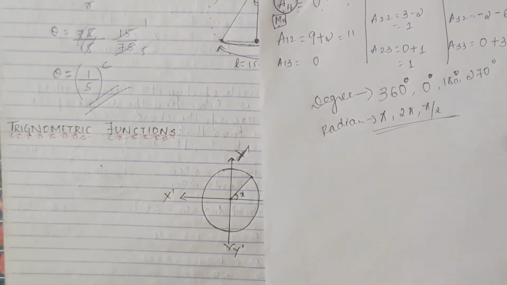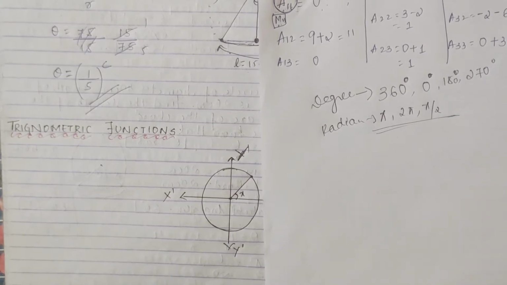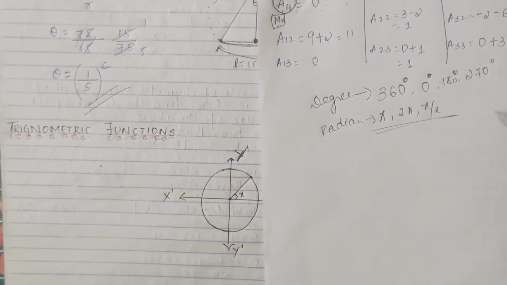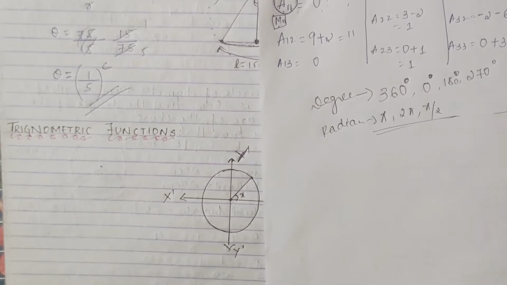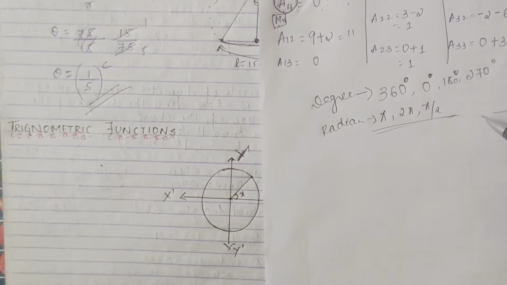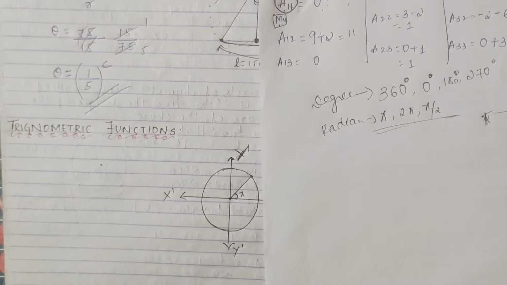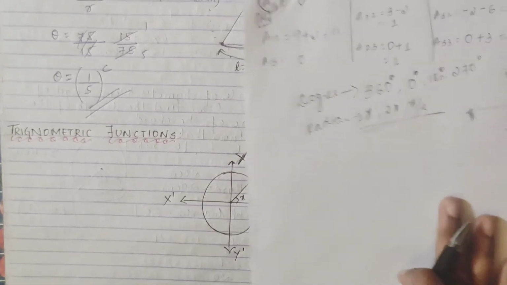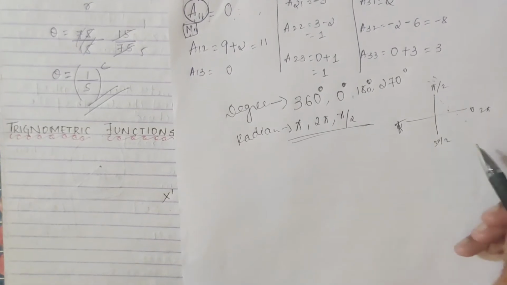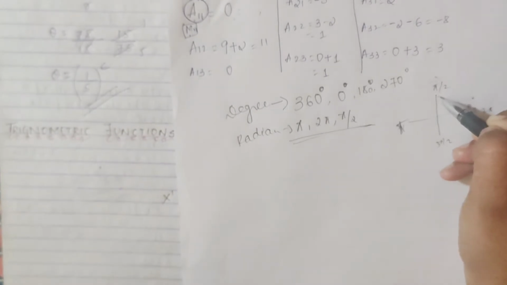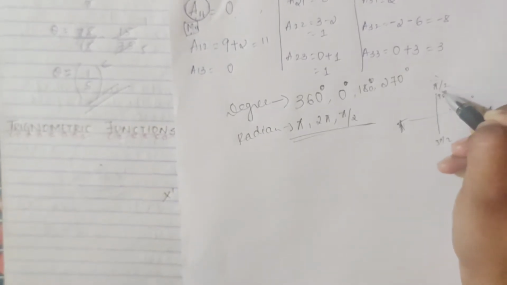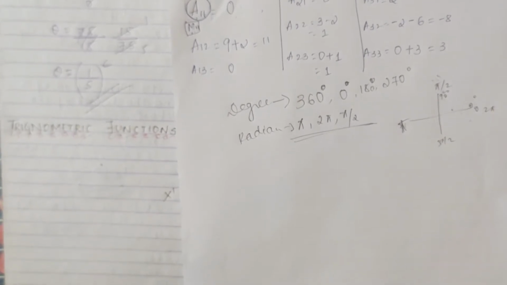That's it. And everything with pi is a radian, because if you go to a number line, you have angles in degrees and also in radians. Here we have 0, pi by 2, pi, 3 pi by 2, 2 pi. This all you call radian. Along with that you will have degrees, right? Pi by 2 means what? In degrees it is 90 degrees. Simple, that's it. Don't go into detail if you don't understand.